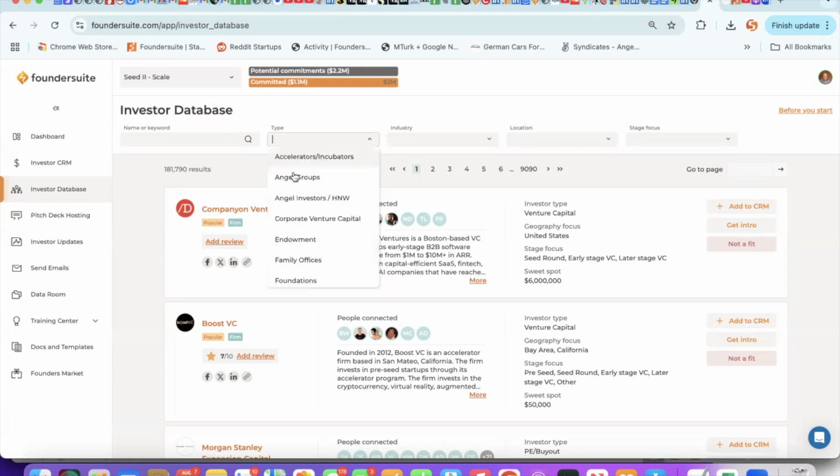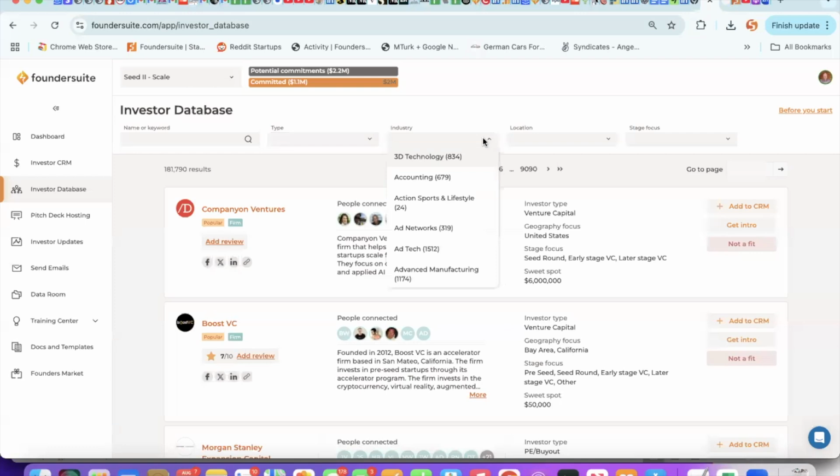Probably angel investors, angel groups, and venture capital, and maybe family offices are going to be what you're looking at there. What I recommend doing, though, is actually starting by industry. So if you're in, let's say, health, you're doing some sort of medical devices, come over to industry,